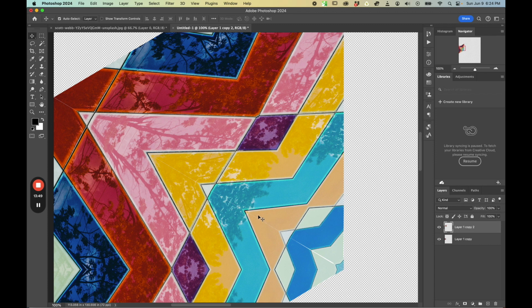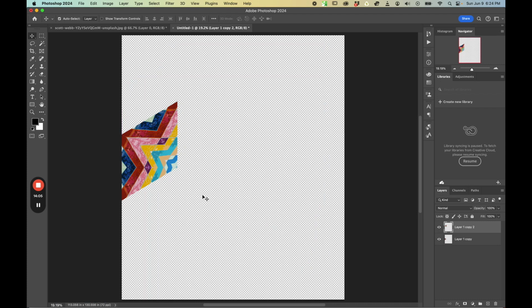So I'm going to, with the Move tool, click on that top layer, and then use the arrow keys on the keyboard to just nudge that down ever so slightly so that it is lined up. Okay, I don't want any line there, and that looks pretty good. I'm going to hit Command 0 to zoom back out, and you can see we've got the beginning of our